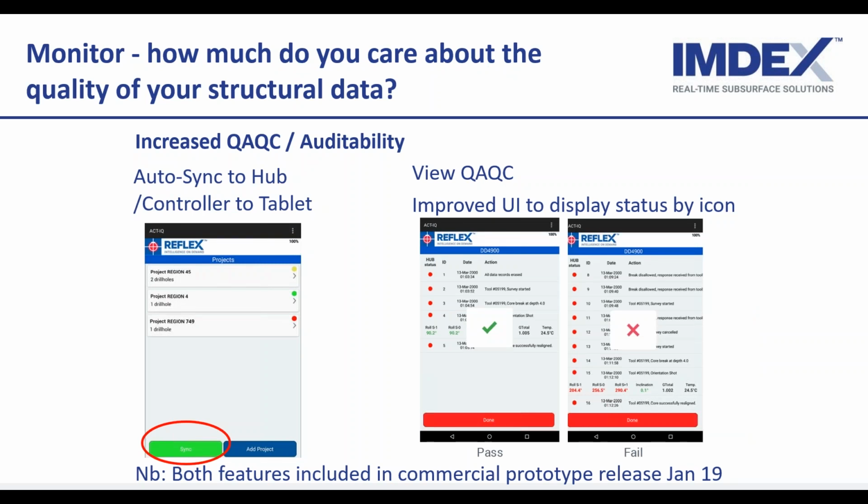So this is our ActIQ system, which you can use with existing ACT tools as well, which enables on a tablet within IMDEX Hub IQ for the driller and the geologist to check and make sure, is my core orientation reliable? Has the tool been used correctly? Is the tool operating properly? Has the mark that's been put on the core, is it going to allow me to collect accurate